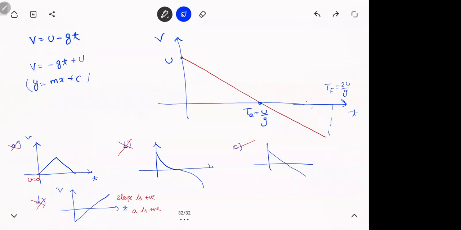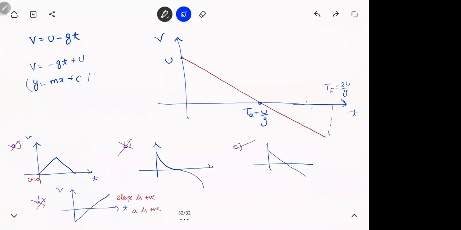If I give you options, there'll be something like this, weird options. Initially you should not start from the origin because initially you have a speed. That's why the first option went wrong. And it should be a straight line. How do you know that? From the equation. That's why the second option went wrong. Why is option D gone? You're getting a positive slope, but acceleration is negative. And not only that, you're throwing up now, which means it should be positive, so you should start with positive, isn't it?